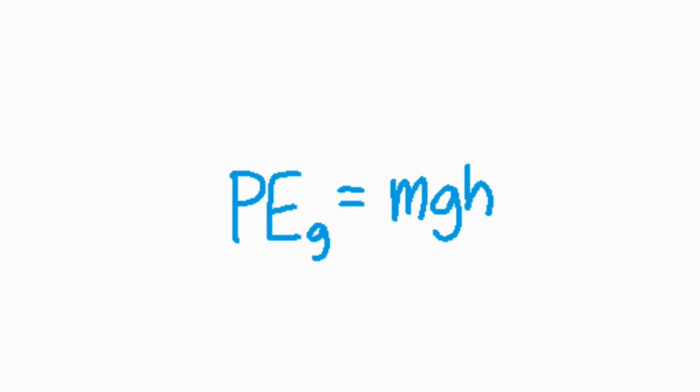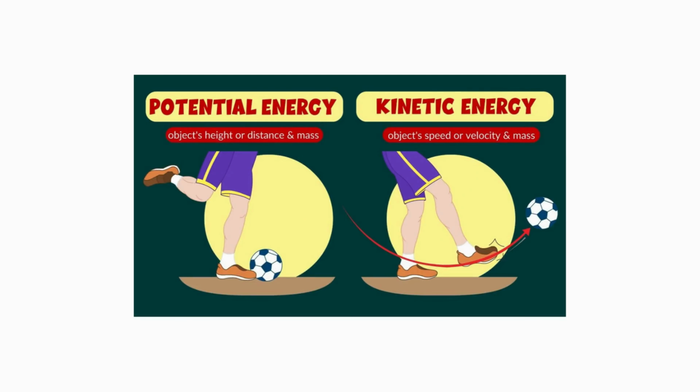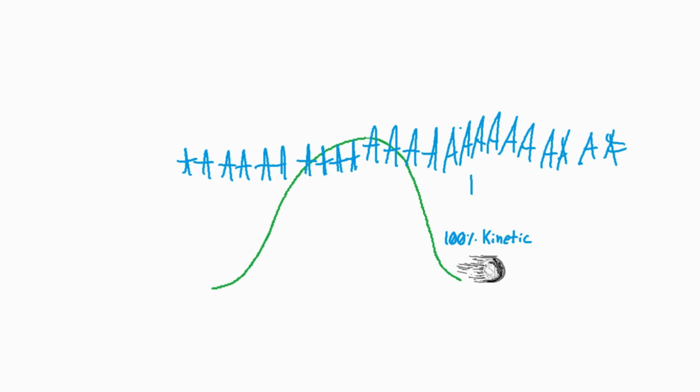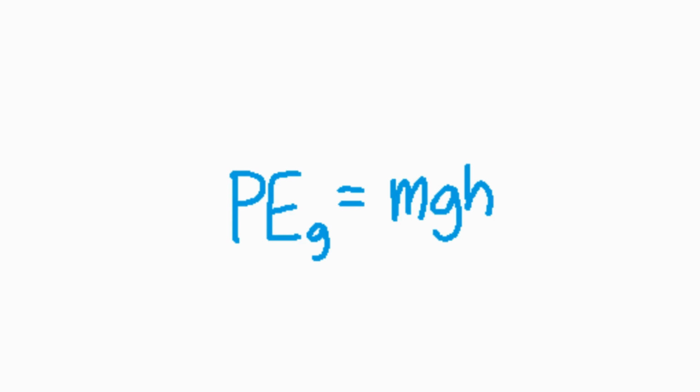Just to make sure everyone's on the same page, there are 2 states of energy, kinetic and potential energy. Think of a rock on a hill. When it sits on top of the hill, stationary, all of its energy is potential. But when the rock starts to roll down the hill, it converts more and more of its potential energy into kinetic energy. So this equation solves for the potential energy due to gravity. So the higher the object is in the air, the more energy it can potentially convert into kinetic energy if it were to fall. So Magikarp's height is about